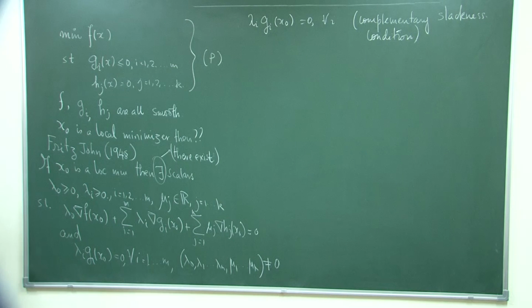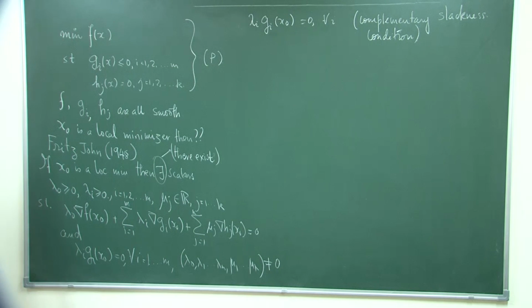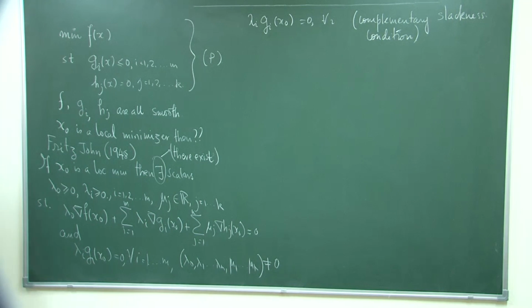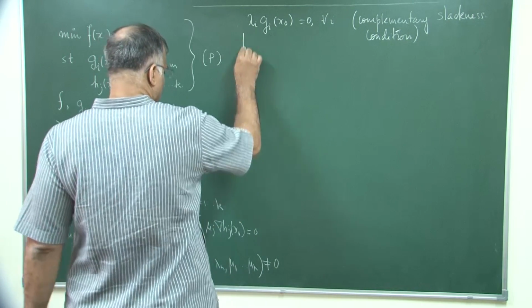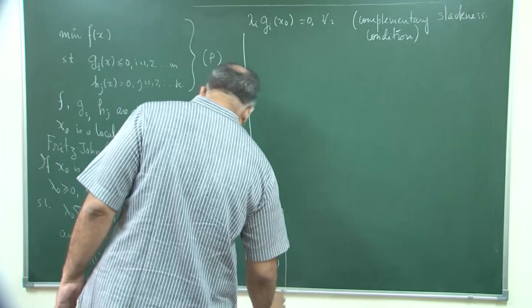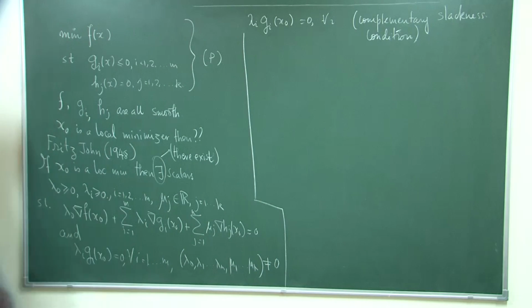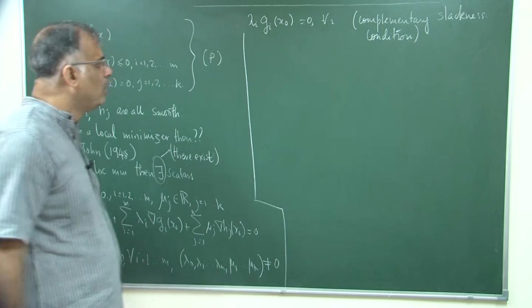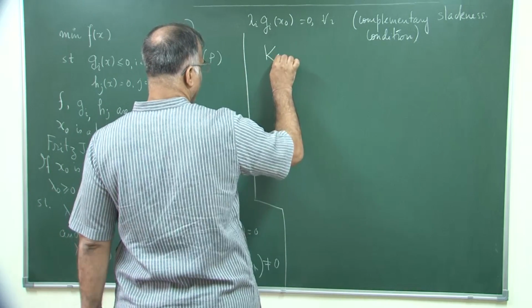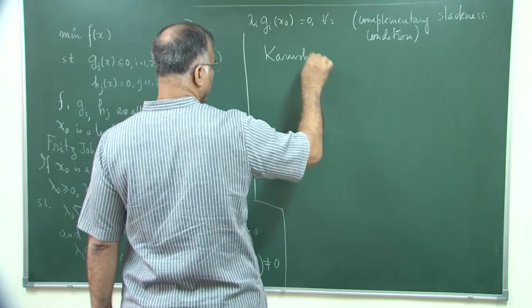And there could be feasible points which are not optima, they can still satisfy the Fritz John condition. The Fritz John condition has a very important role, in that it provides a negative certificate, that is, if there is an x naught which violates the Fritz John condition, then it is definitely not a local minimizer or global minimizer. So, how to devise a condition where these anomalies of the Fritz John condition, like lambda naught becoming 0, go away, and that was framed by